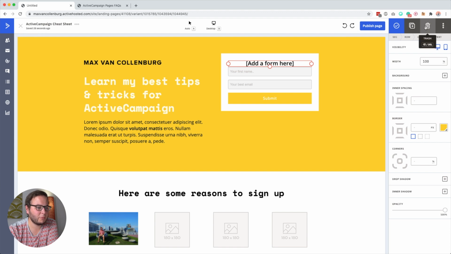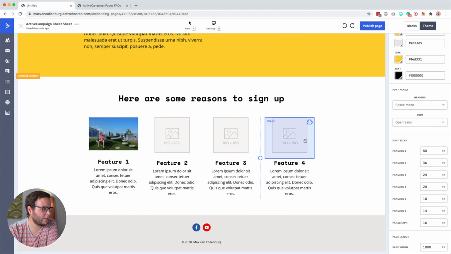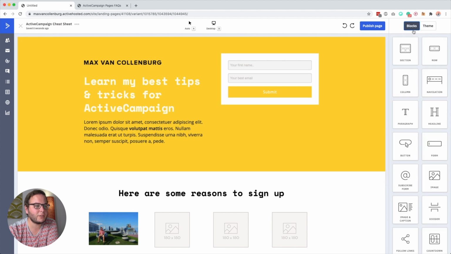This text I want to remove because this is really just text. Here are some reasons to sign up. So yeah, we can just change all these tags. So imagine now we want to add a block. So here, blocks, and we want to add